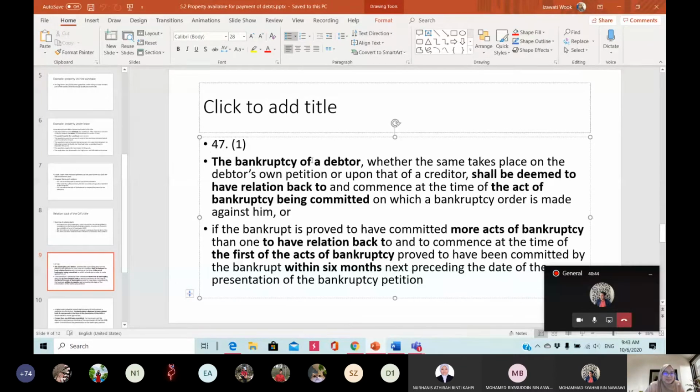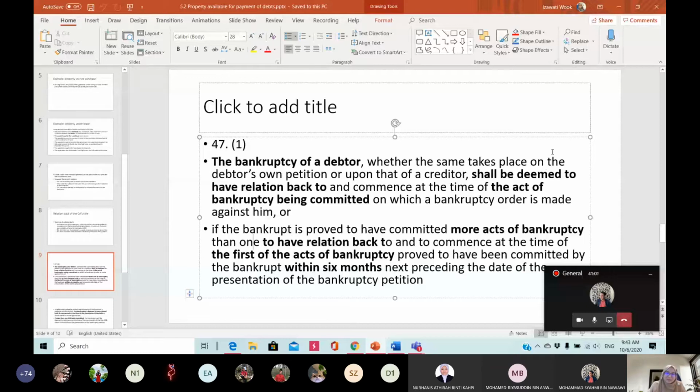Okay, so this is the first part of subsection 1 to section 47. Okay, the second part, this is the situation when, let us read this sentence, so if the bankrupt is proved to have committed more acts of bankruptcy,